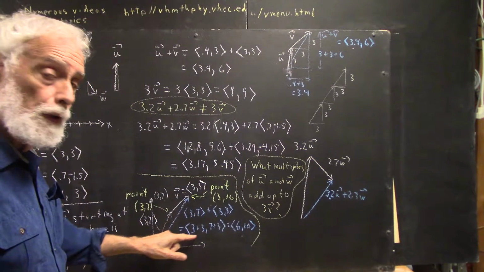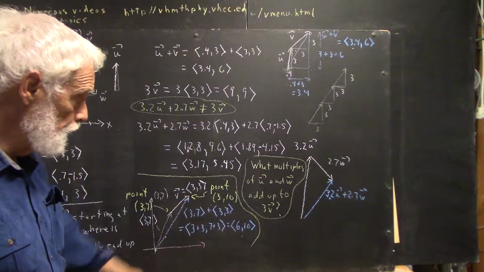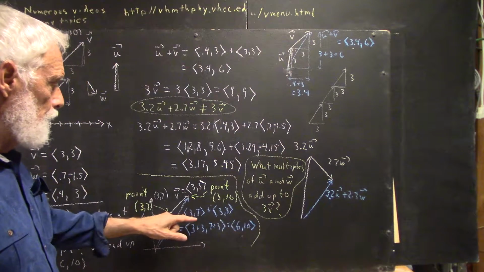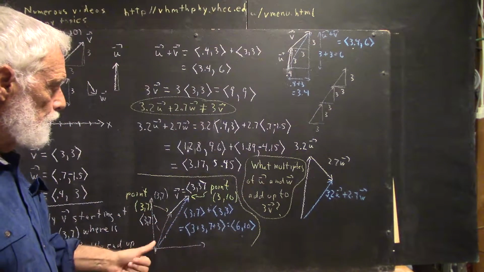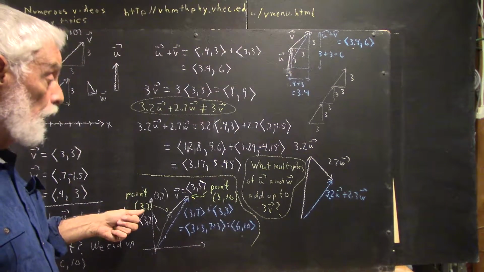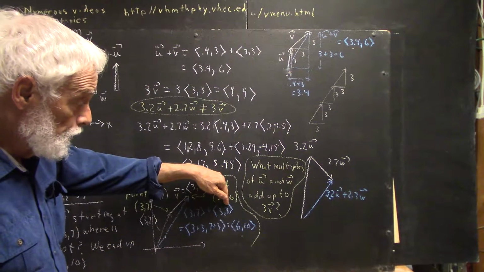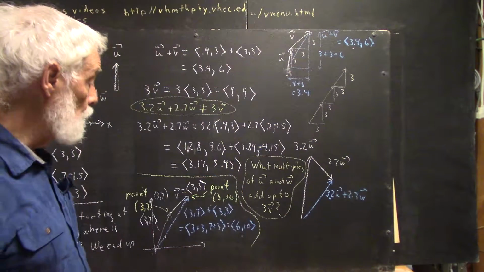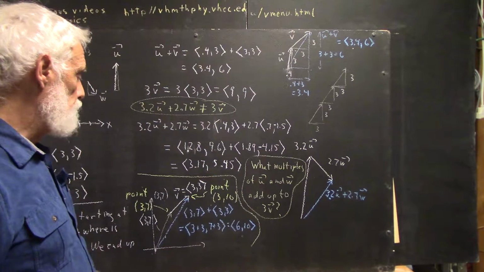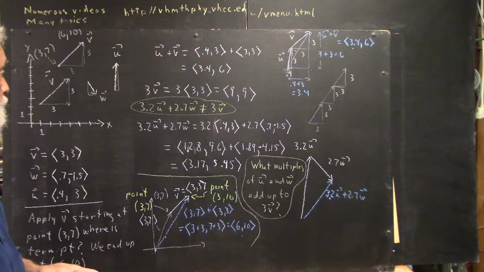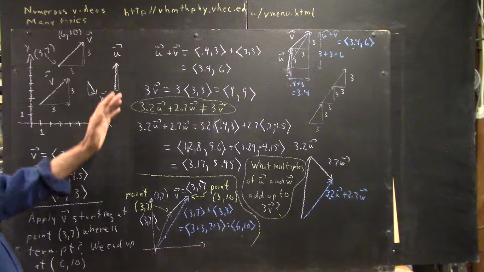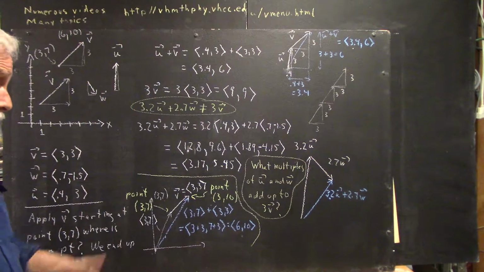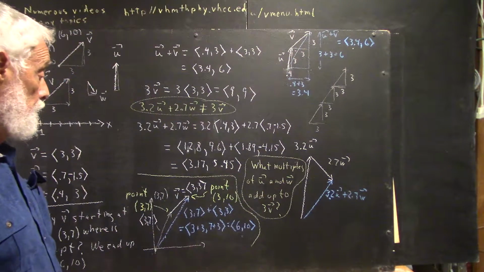So we end up moving 3 plus 3 or 6 units in the x direction. And this moves us 7 units starting at the origin in the y direction. And this moves us another 3, so we end up moving 7 plus 3 or 10 units in the y direction. Okay, so we see then if we assign coordinates to these vectors, or components to these vectors, we can